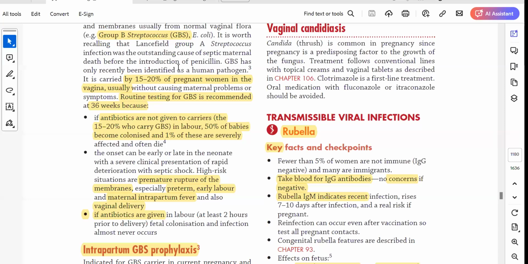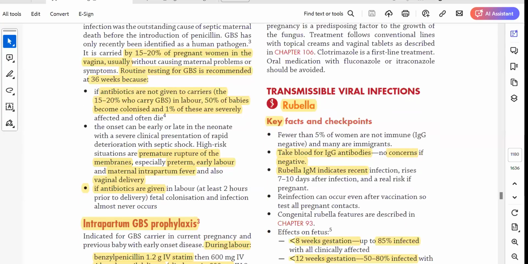any symptom. But the problem is that because of this GBS, when they deliver the baby, this GBS can cause lots of infection in the pregnant patient and also in the baby, because it can pass into the baby during childbirth. And this GBS can cause pneumonia in a child. So that's why every pregnant patient will have a routine test for GBS at 36 weeks. Okay? So every pregnant patient will have GBS testing at 36 weeks. It's a swab from the vagina to check for GBS.